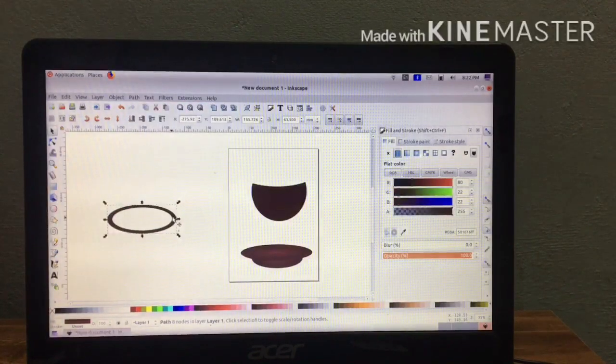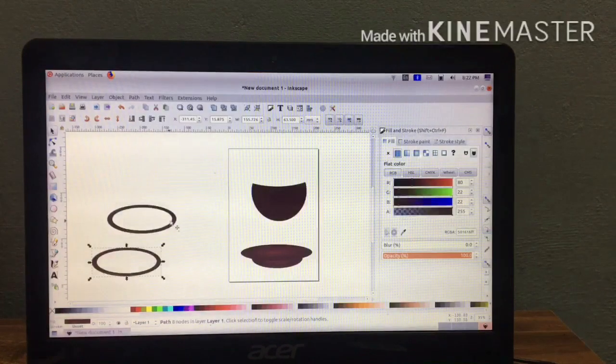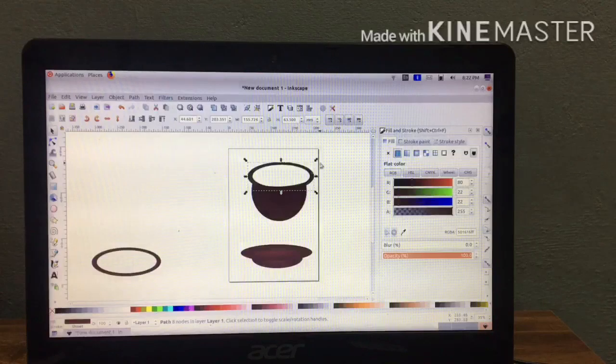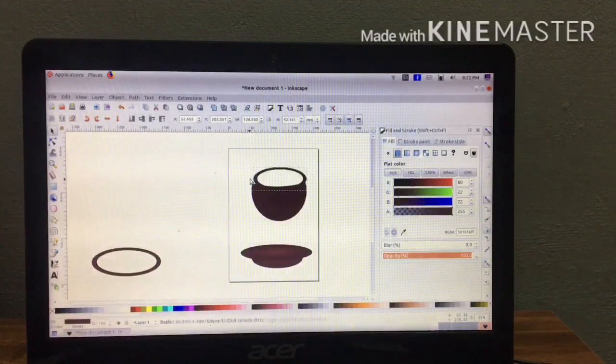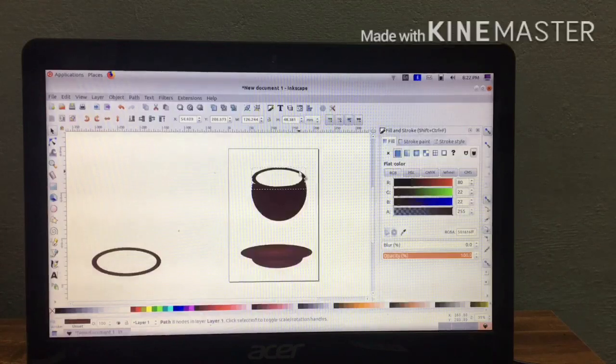Okay, then take its duplicate, right click, duplicate, then again take it and arrange it properly. You can use this as the edge of the cup. The duplicate of that you can use as the handle of the cup.